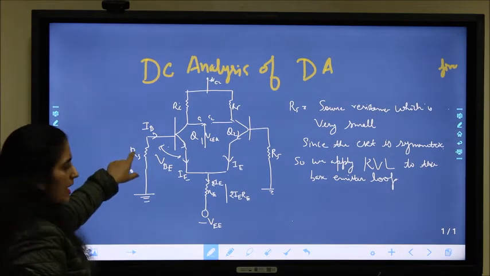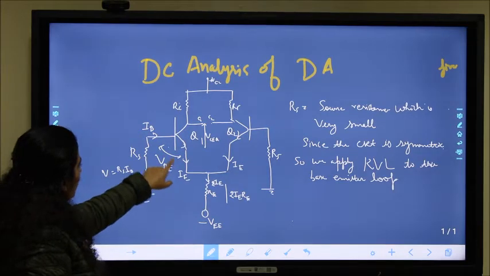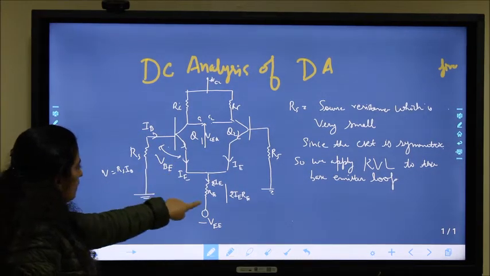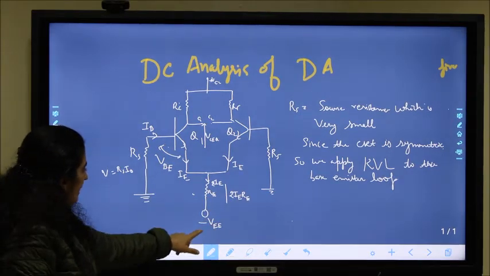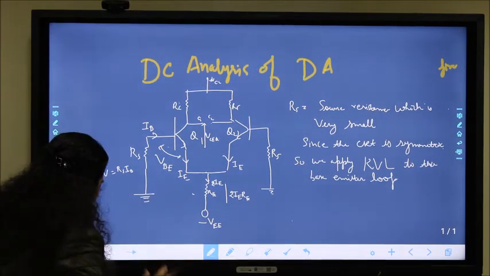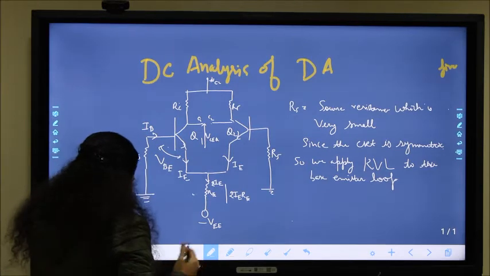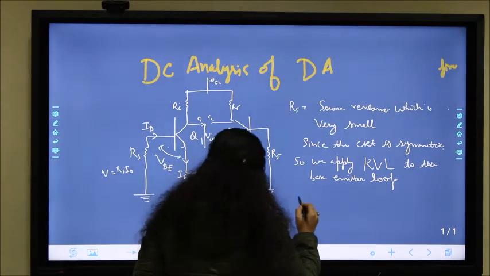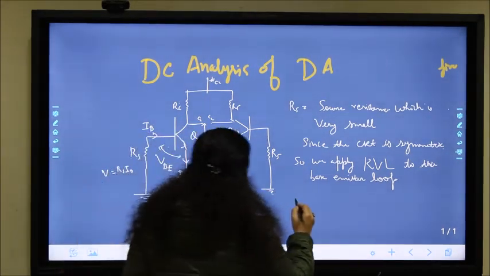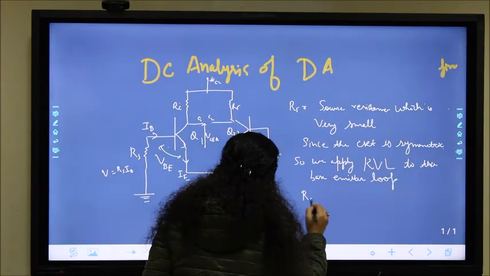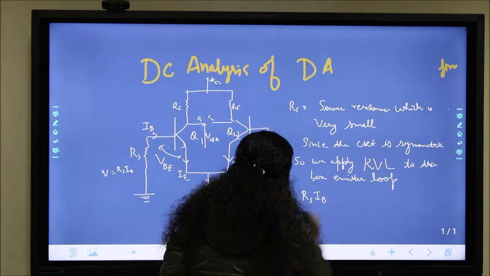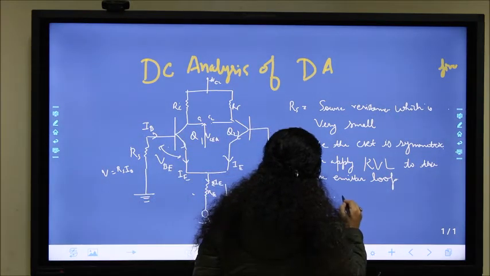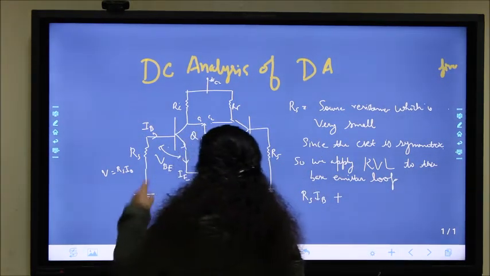The voltage drop across this resistor, V equals IR, is 2IE RE. The drop across RS is RS IB, between base and emitter is VBE, and across RE is 2IE RE. Now what is the total voltage? Add all these voltages: RS IB plus